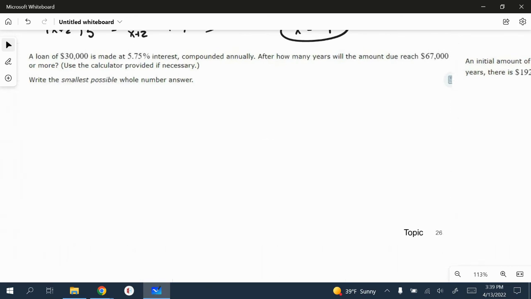Okay, so topic number 26. I'm going to do the same thing that I was doing on previous questions here. This was a long time ago, where my formula is y equals P times 1 plus or minus your rate to the t power. That's what you're going to use for this question. I know this is what it is because we're compounded annually. We have a principal, and it's the same type of question. So if I fill this out, we'll have,